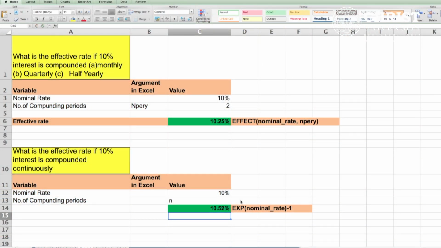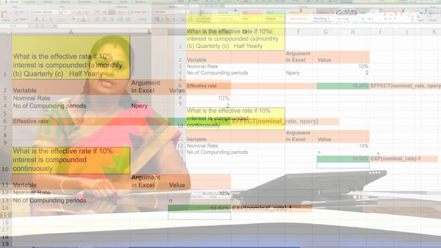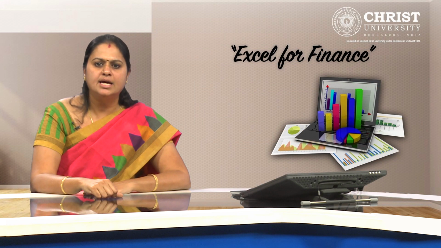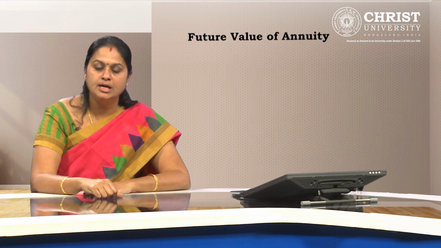In the previous example, the cash flow is lump sum, that is deposited once. There are cases where the cash flow will happen periodically. Take the case of recurring deposits, where the cash is deposited at the end of the year every year and gets matured after a specified period. Such recurring cash flows are called annuity. Thus, an annuity is a series of cash flows made at fixed intervals for a specified number of periods.